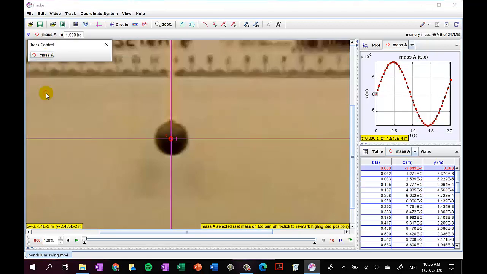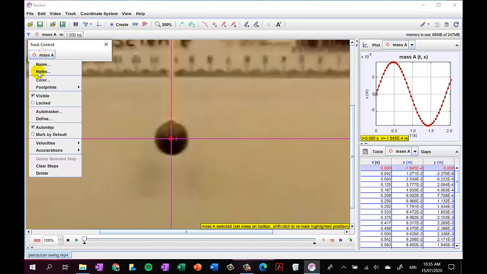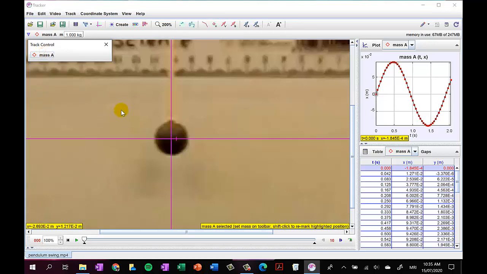So I'm going to make this visible for a moment and I'm pretty much bang on. Okay, so I'll remove that. Now